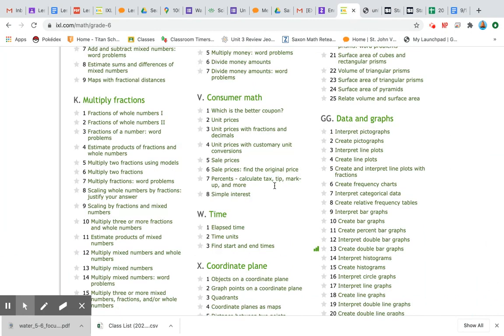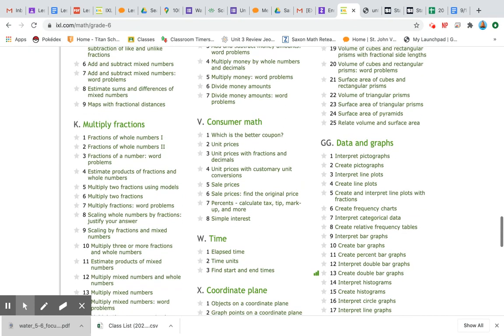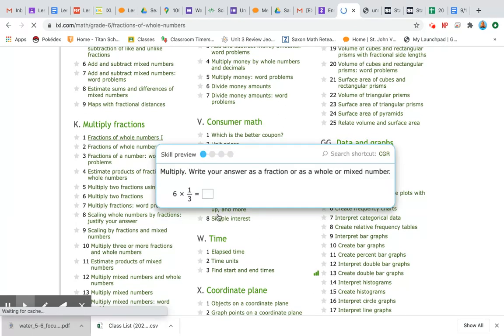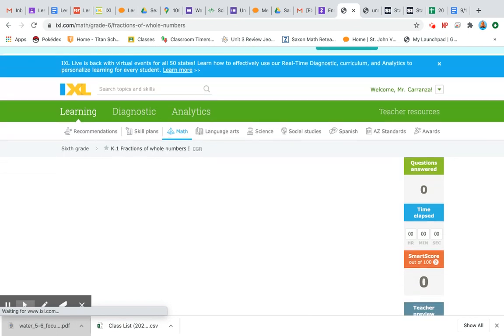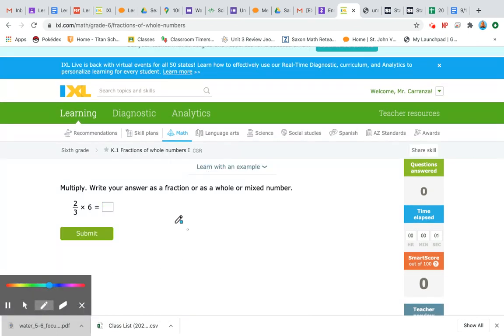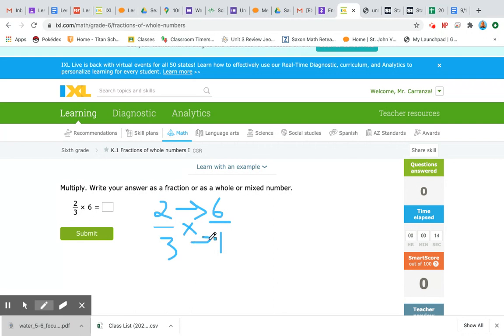For your IXL, it's going to be fractions of whole numbers. As a reminder, every whole number is actually a fraction over 1. So here we have 2/3. So you can just rewrite the fraction as 2/3 multiplied by, and then instead of 6, we do 6 over 1. You multiply straight across,